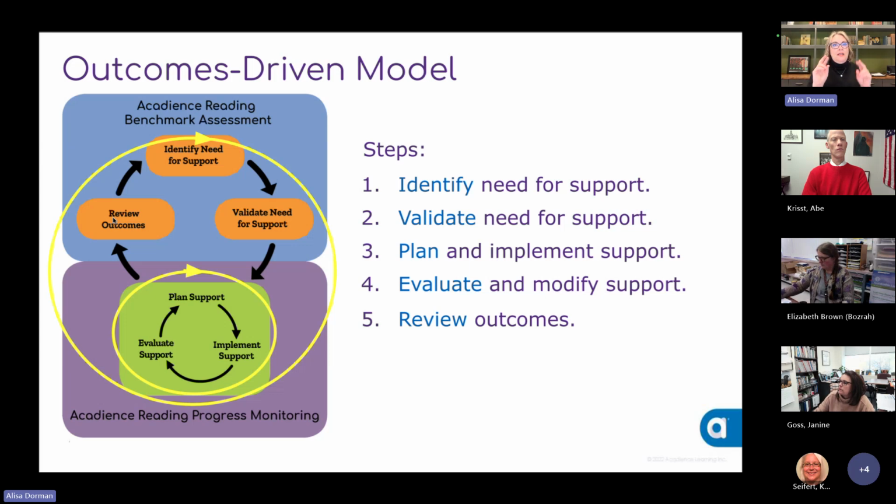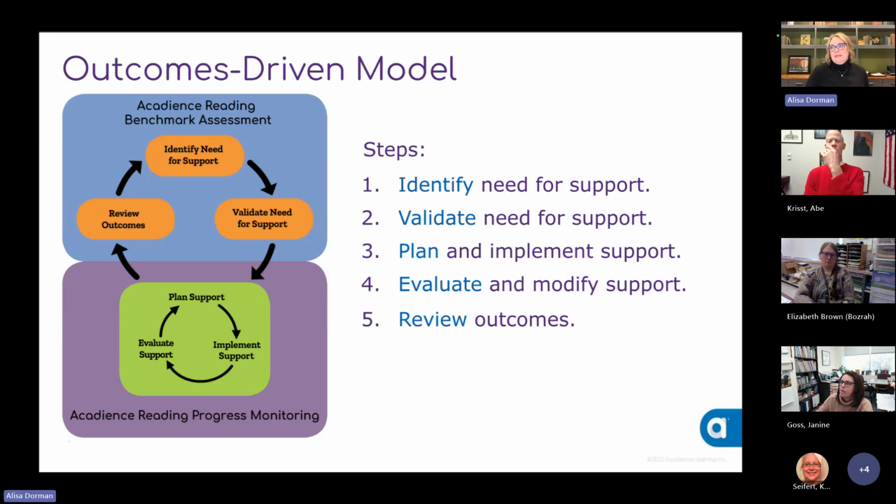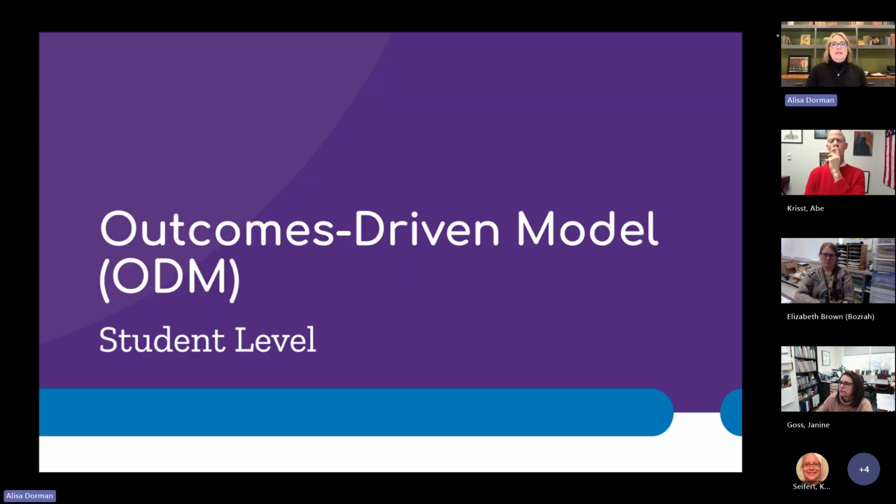So this model, in the way we described it, is positioned for use 2 times. Once at the beginning of the year and then once again at the end of the year. But it also can be seen as a beginning to end of year model as well, so that when you get to the end of year, you can also review outcomes all the way back to the beginning of the year, not just to the midpoint. And so the reason that this is important is because we use this model to help us think about the important questions to ask and the important data visualizations and views to use to help support us in making timely decisions.